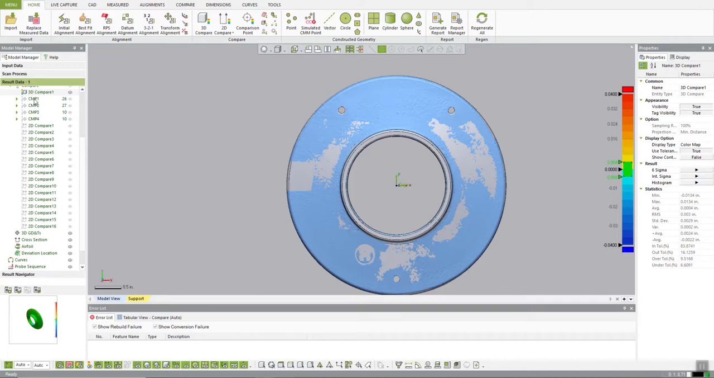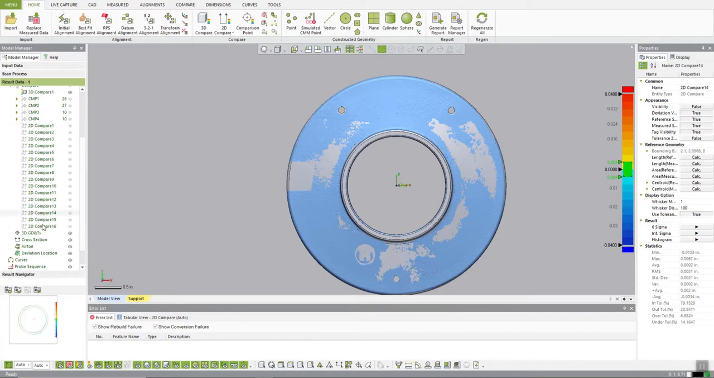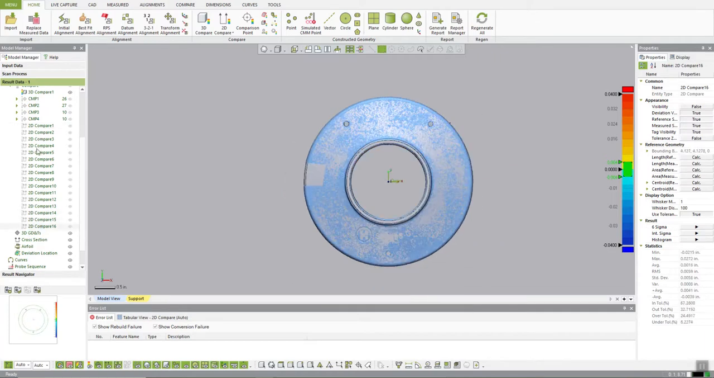As you see, change it, change it, change it. Let's check the last, and everything changes automatically. As you see, I have 20 here, but probably you will have hundreds of options for deviation